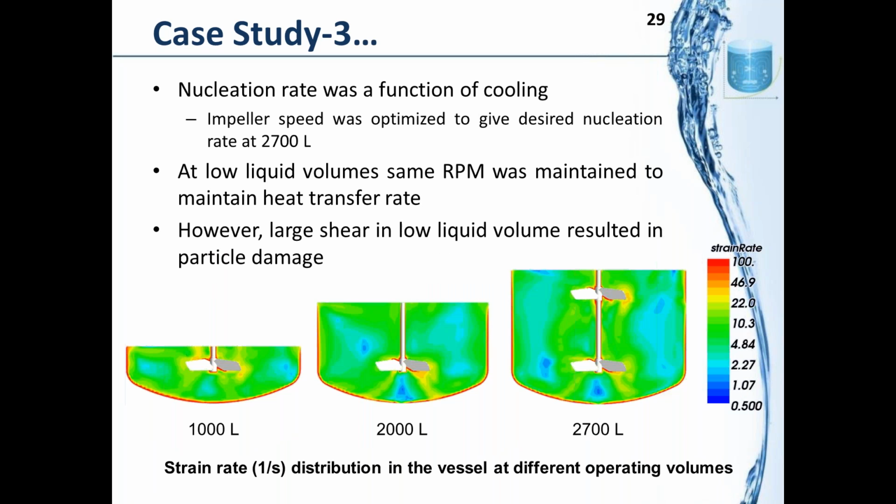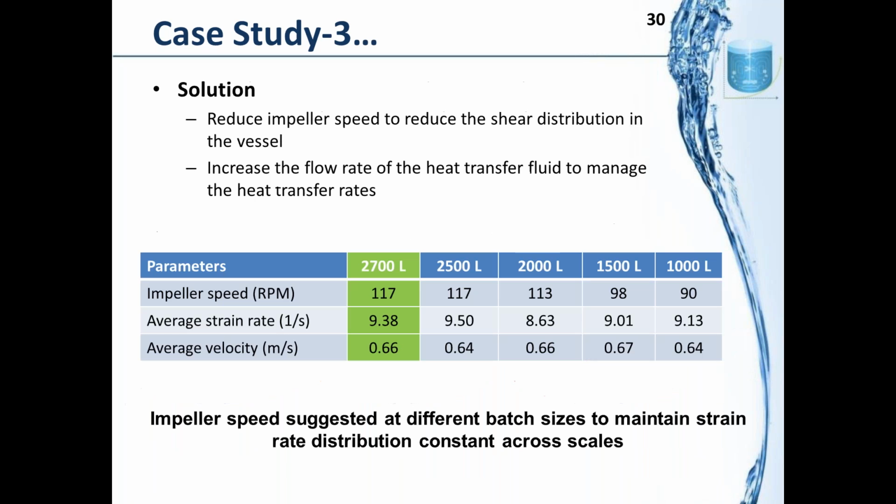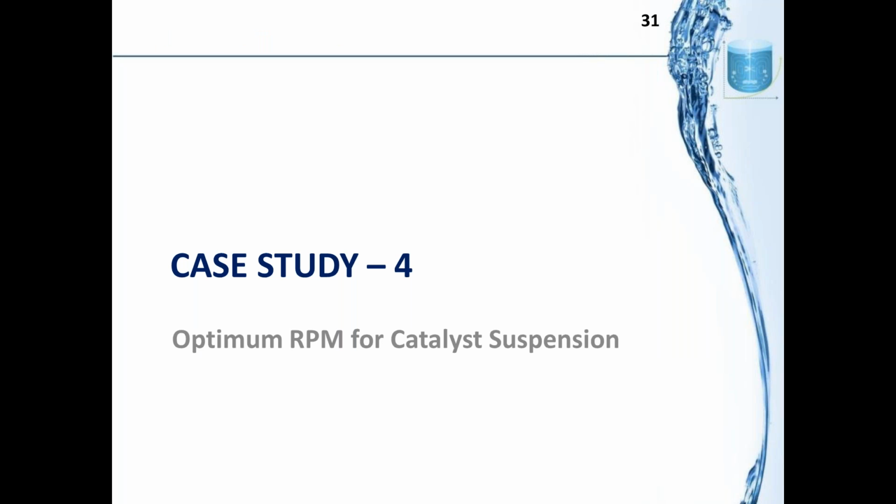Now, to get the desired particle size or to control the particle damage, the RPMs were lowered. However, the heat transfer rates were then controlled by increasing the flow through the jacket, or increasing the utility flow through the jacket, to get the desired heat transfer rates, because the RPM is now reduced for the lower batch sizes. So this is one example where advanced CFD analysis can help us understand the detailed, in-depth performance of the vessel, and Mixit comes into the picture to help you do those analyses in a fully